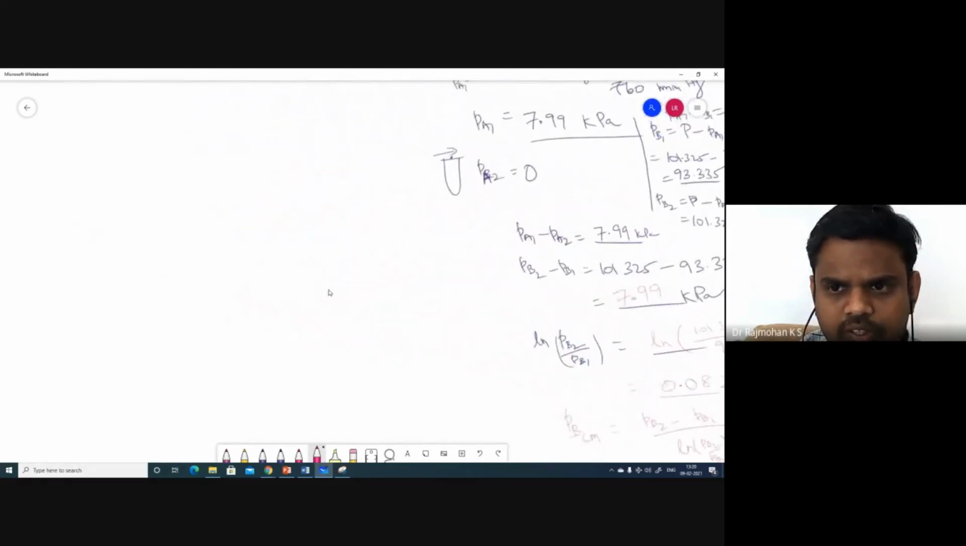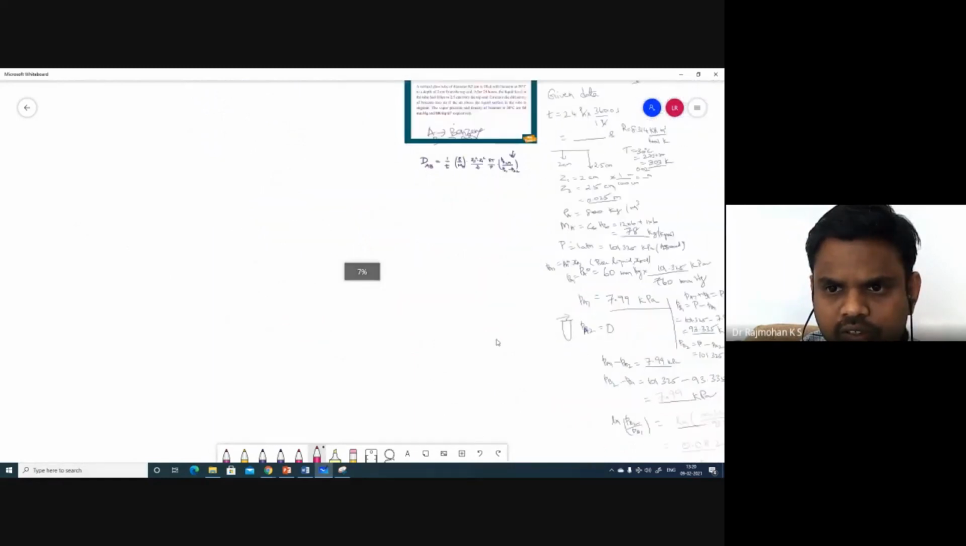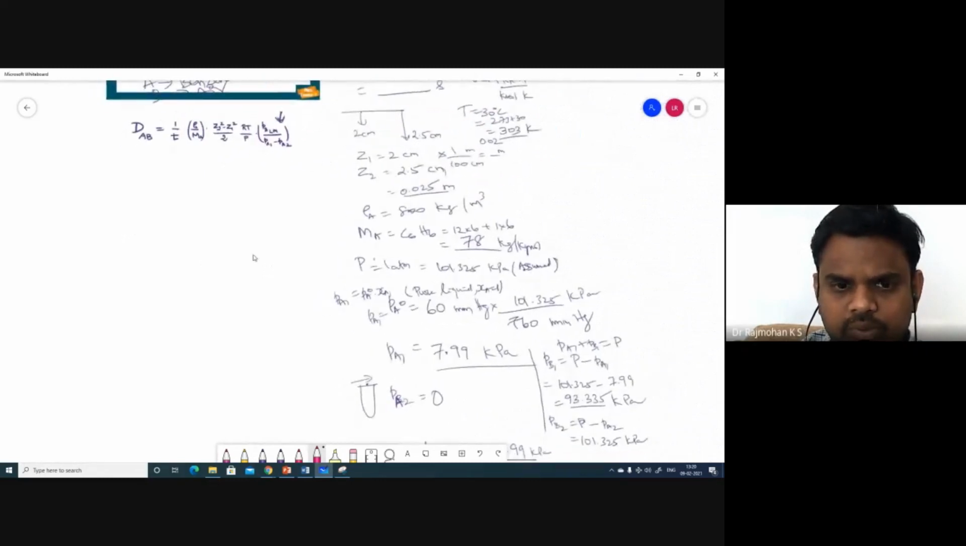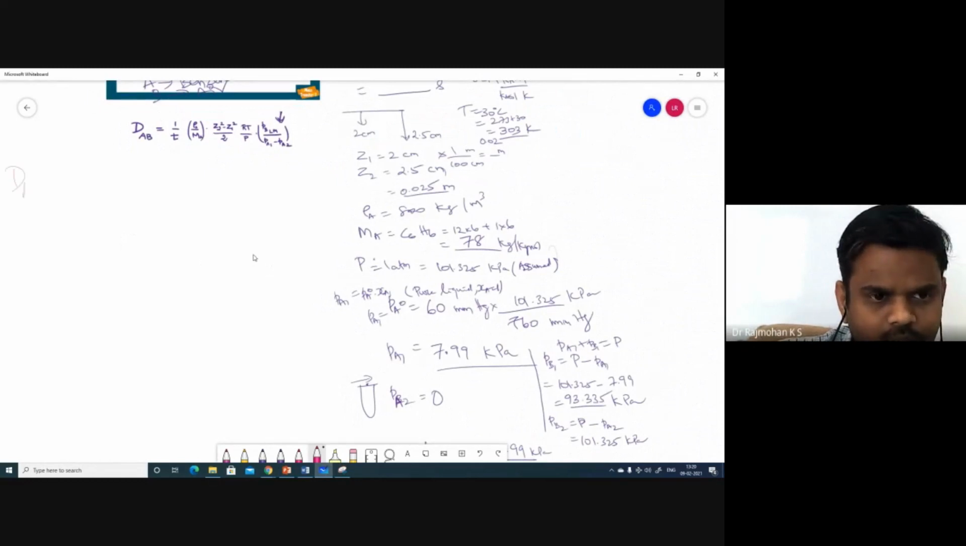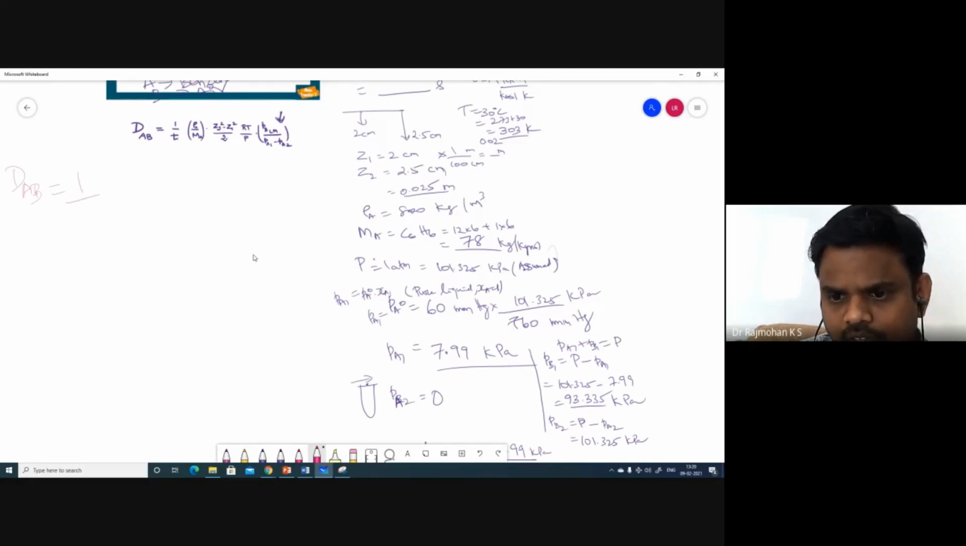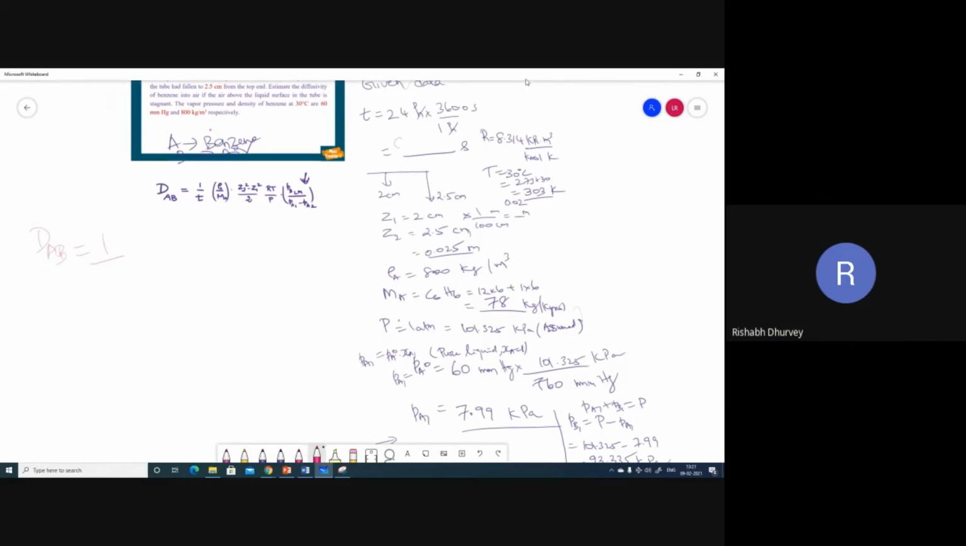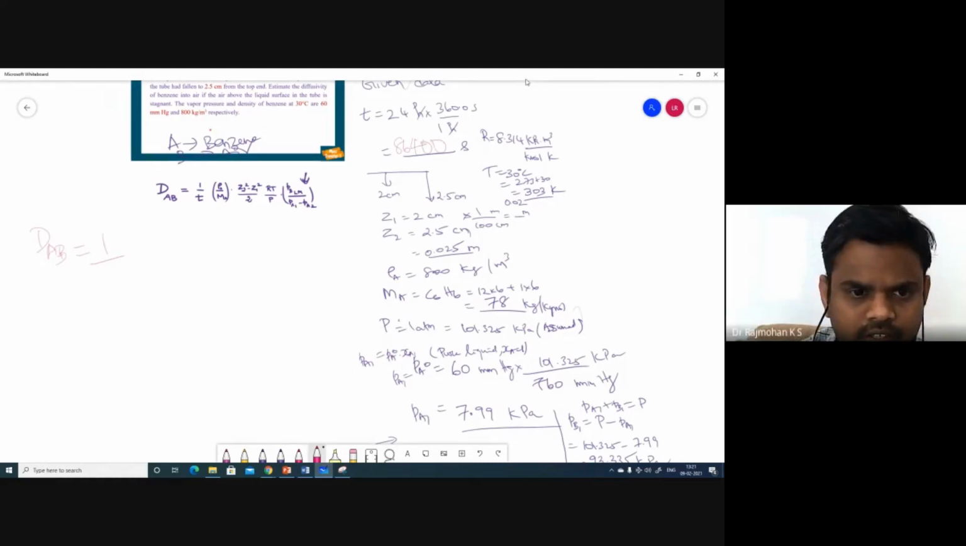So now we can substitute in the equation. All the given data can be substituted here to get the final answer, right? So DAB is equal to 1 by T. T value we determined, right? How many seconds? T equal to 86,400 seconds